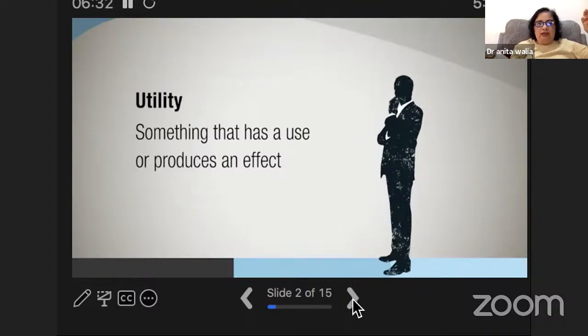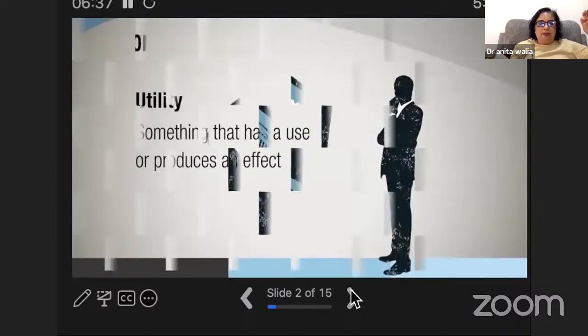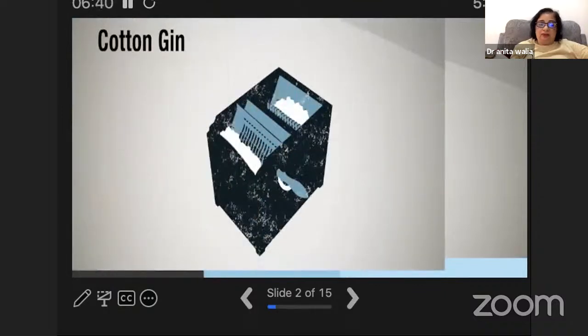In the 1790s, I'll just show you an example of that. I'm talking about a time when people never knew the word patent. It was a process which was very difficult: separating cotton and seed. The seed was embedded in the cotton. So Eli Whitney was a person who invented a cotton gin machine and obtained a kind of patent, but it was not a very legal kind. That was the first patent for a device that could separate the seed out of the cotton. You can see that on the screen.